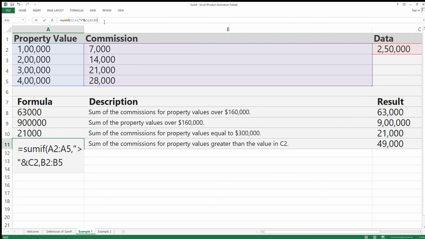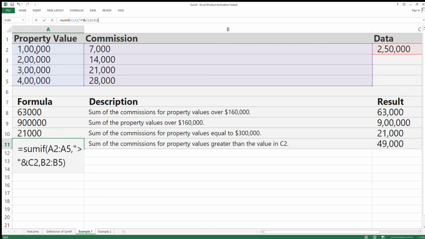Then at the last, I am just closing the parenthesis. So we can see we have given the range A2 to A5, which is the range we are looking for the property value. Then our criteria should be larger than C2.